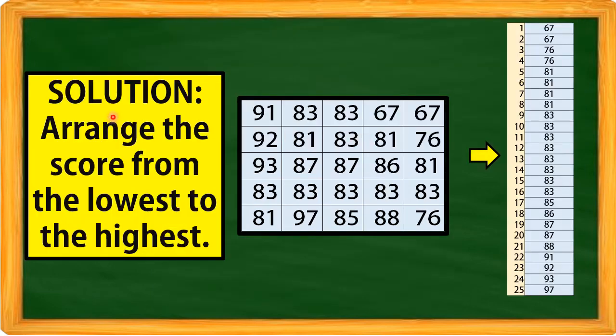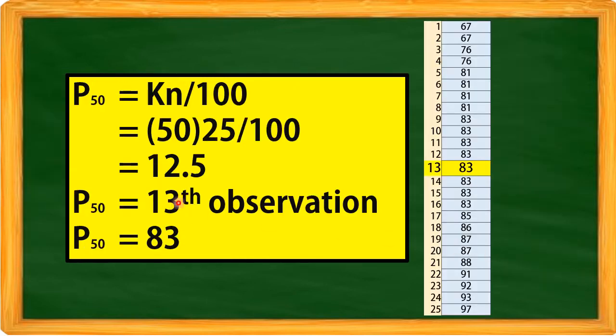The same solution po, ang gagawin natin is again, we are going to arrange. So, kailangan naka-arrange po ang data or ang scores in computing for the percentile, decile, and quartile of the ungrouped data. So, percentile 50 is equal to Kn divide 100. So, 50 times 25 divide 100 is equal to 12.5. Round off po natin yung 12.5 is equal to 13. So, ang percentile 50 natin is the 13th observation. So, tingnan natin dito, ang 13th observation is 83. Therefore, percentile 50 is equal to